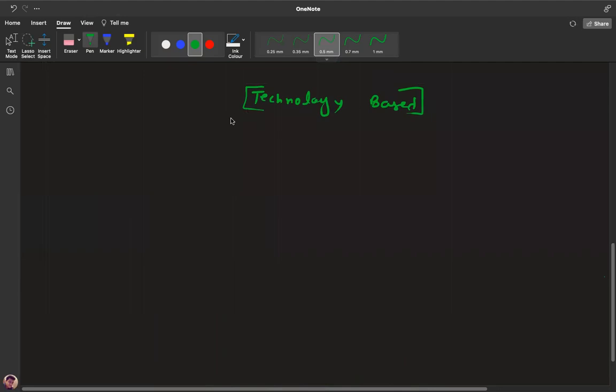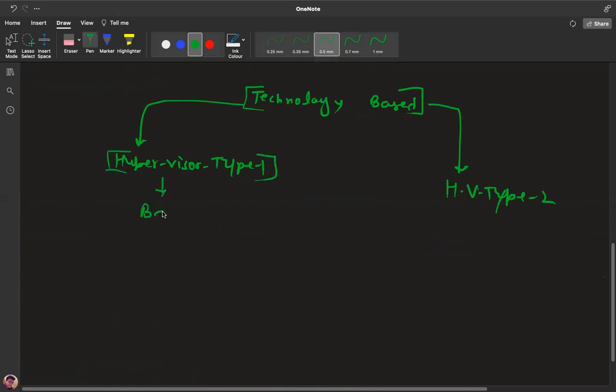As the name suggests, technology-based is categorized into two different parts: hypervisor type 1 and hypervisor type 2. Hypervisor type 1 is also considered bare metal virtualization.